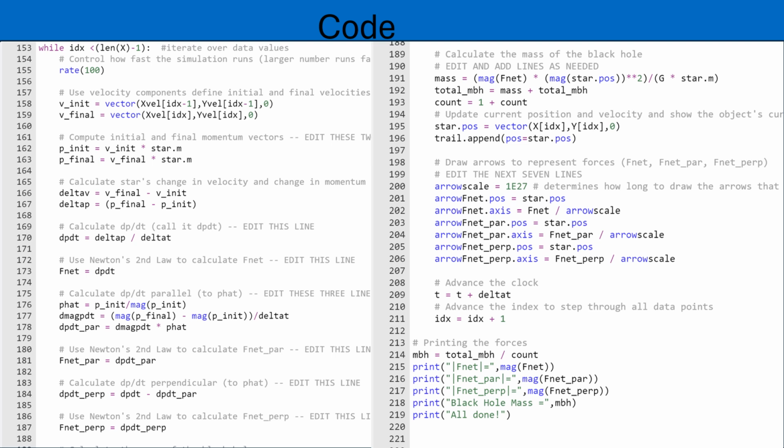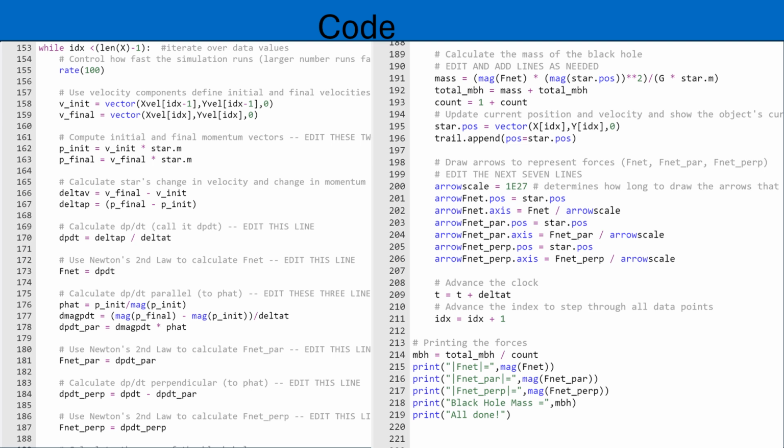And then we use this, well, perpendicular is just going to be the remaining, so it's dp dt minus dp dt of parallel, and then Fnet is just equal to that. And then over here, this is where that count equals 0 and total mass equals 0 was earlier, because this is how you find the mass. You have to reverse